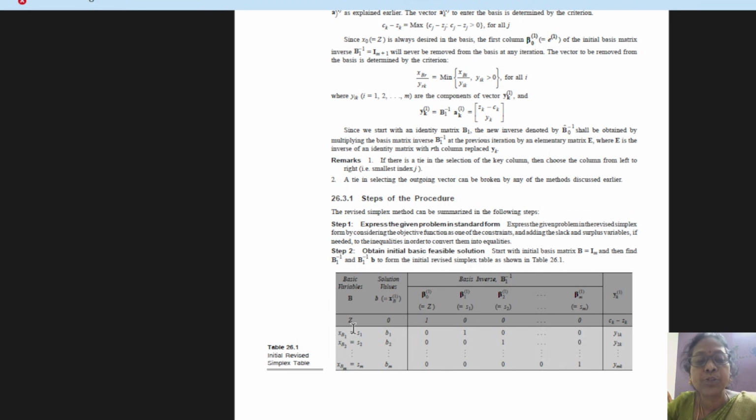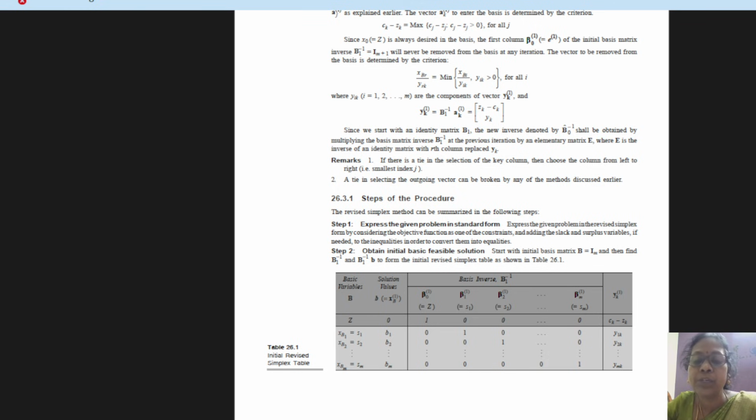So z is also a basic variable, and the solution for z is 0, and the column vector should be 1, and the remaining coefficients are 0. So we can fill this iteration,